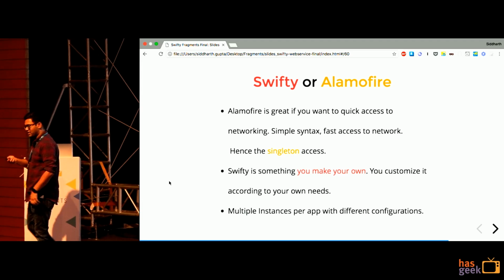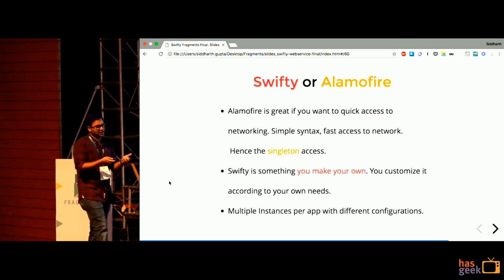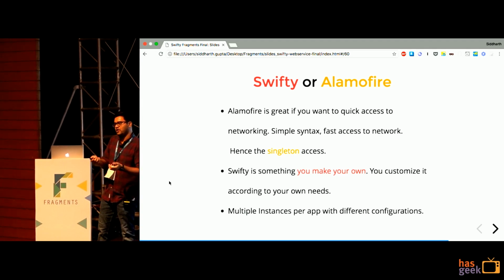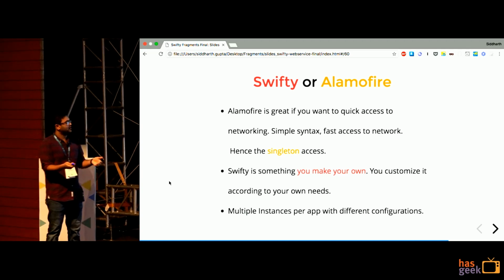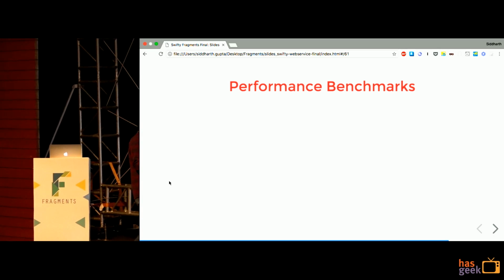So it's absolutely alright. Otherwise, in Alamofire, you will actually have to go the way of subclassing Alamofire session manager and then maintaining multiple sessions across your app, right? So in the case of performance,